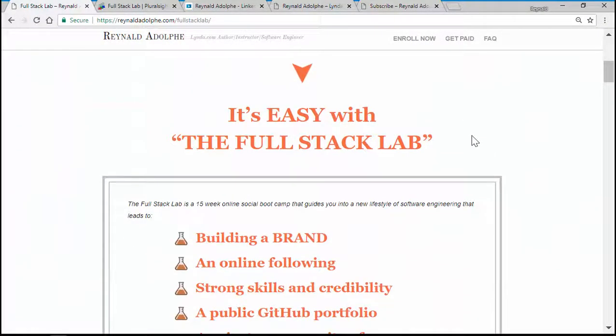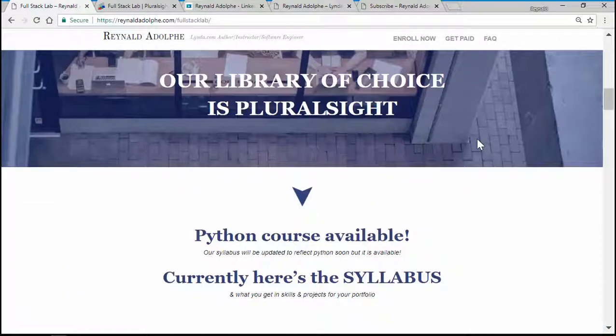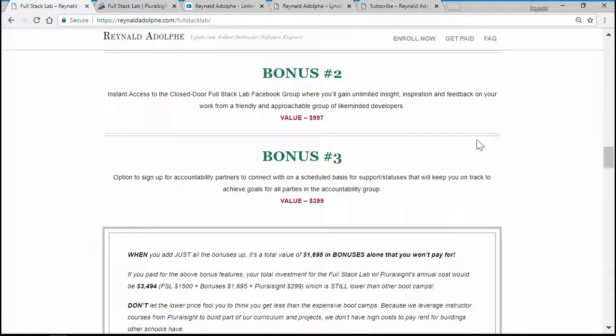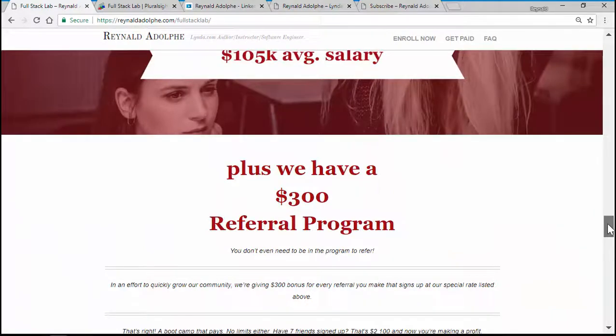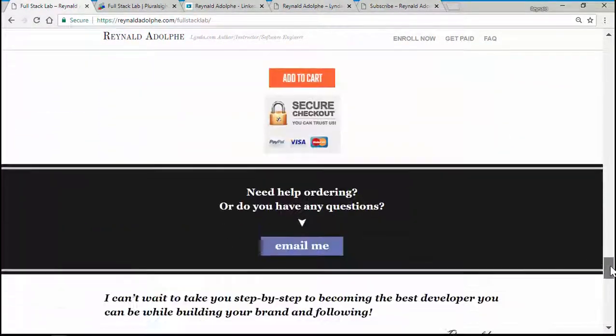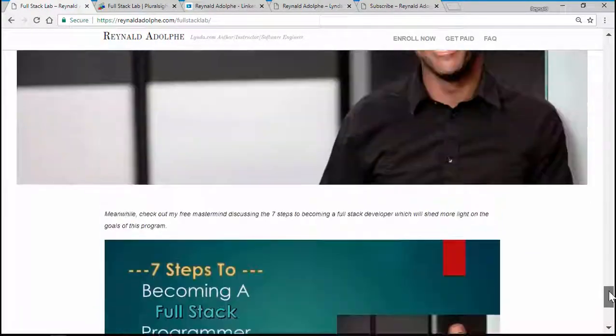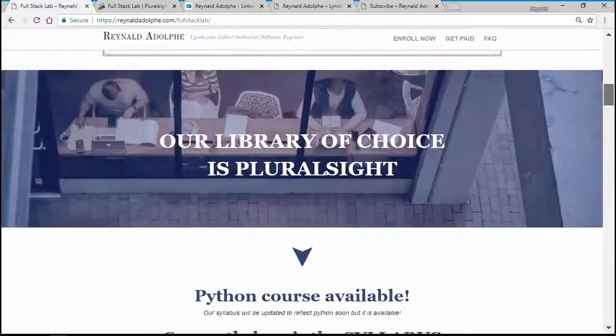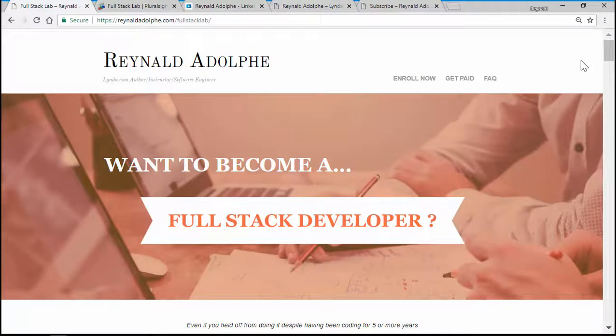reynoldadolphe.com/fullstacklab, and I go over the core purpose of this lab and its main objective and what the takeaway will be. And just to give you a brief course synopsis, the difference between my boot camp and the traditional boot camp is that I have an overall goal of not only having the student walk away with the skills to be a full stack developer, but also to have branded themselves, to get their names out there online, so that by the end of the boot camp, you have blogs, you have tutorials, you have examples of your work,